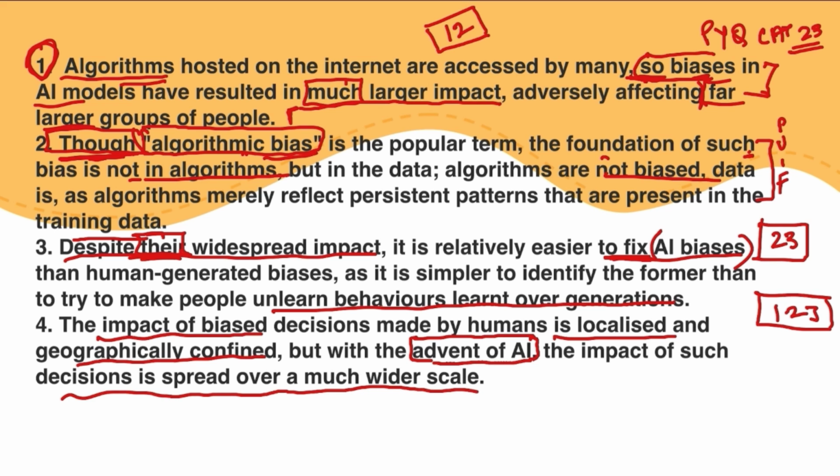Now this also gives us the first part that was needed to compare here, right? So we can say that 4 and 1 are very closely linked. Why? Because 4 states that the advent of AI happened, right? The AI came up, and the impact that the biased decisions had, right? It spread over a much wider scale,